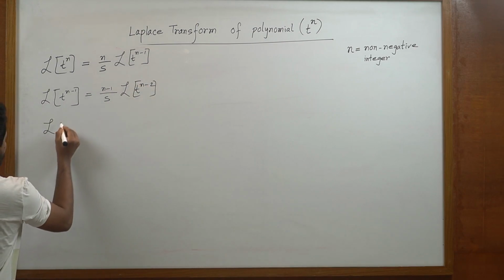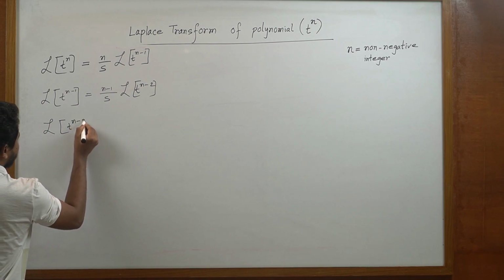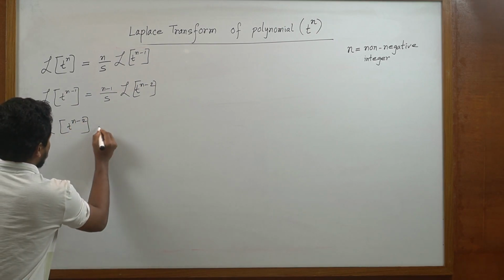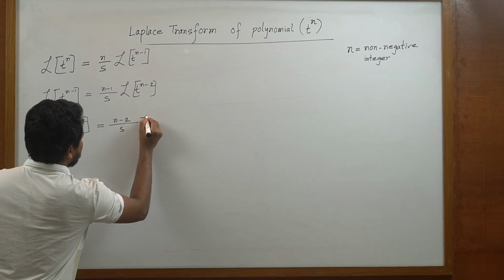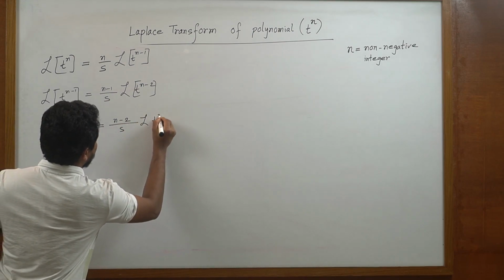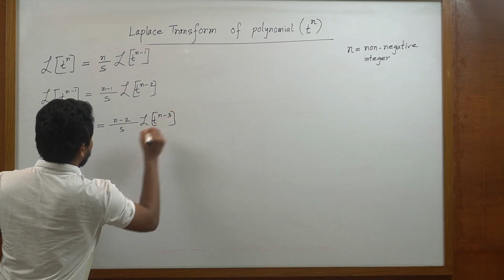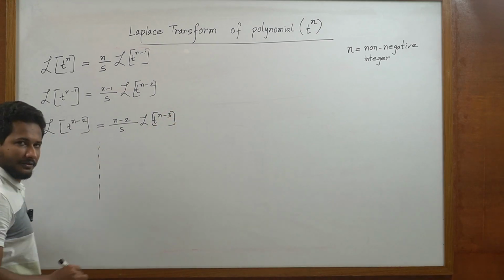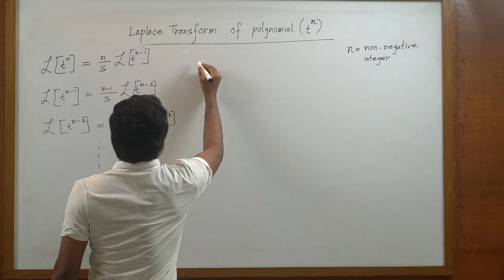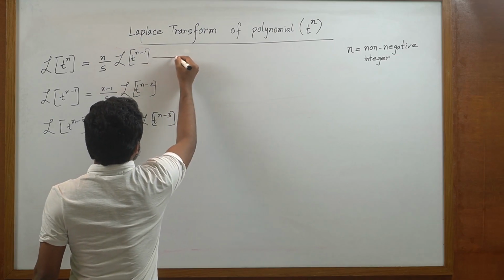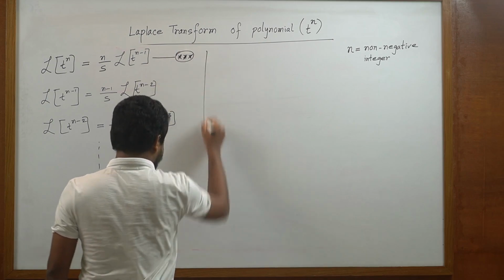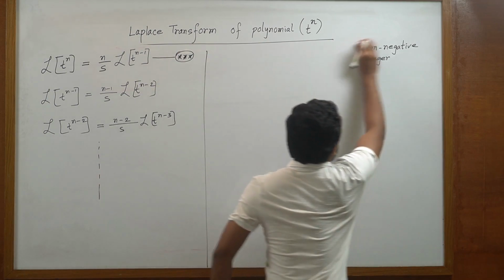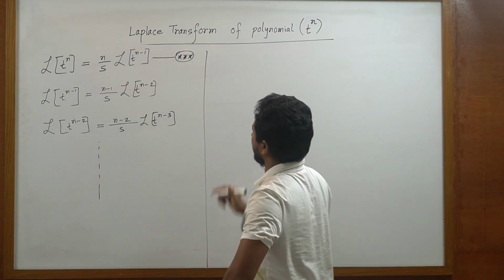And then Laplace transform of t to the power n minus 2 equals n minus 2 by s Laplace transform of t to the power n minus 3 and so on. Okay. Now this equation we can denote as triple star equation, and from this triple star equation we get